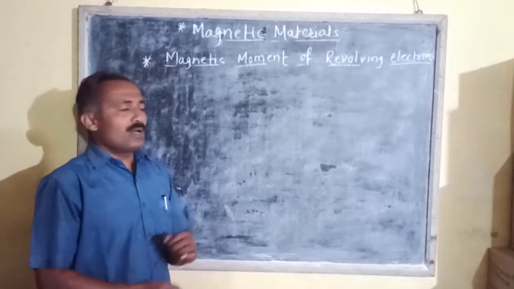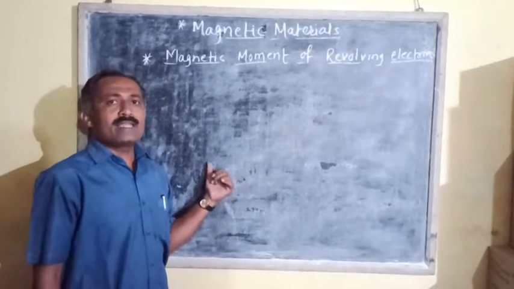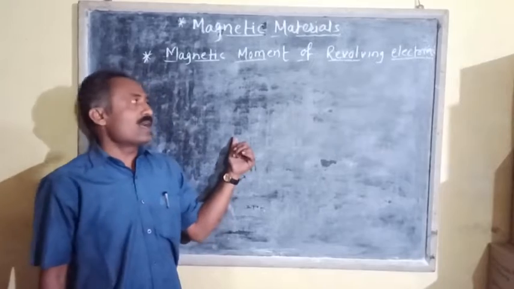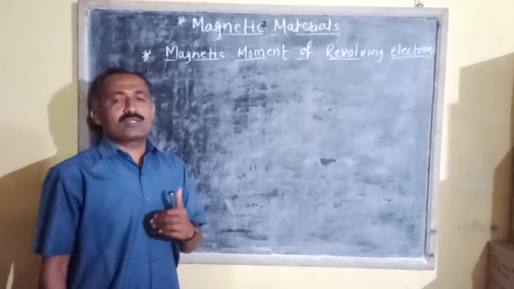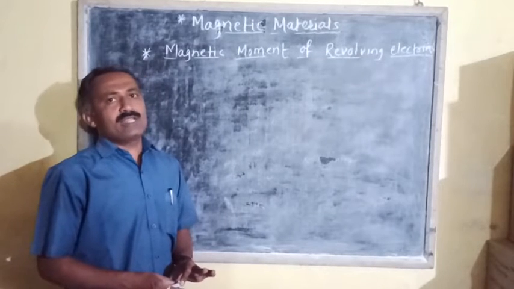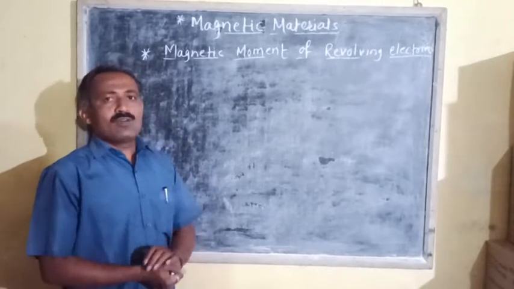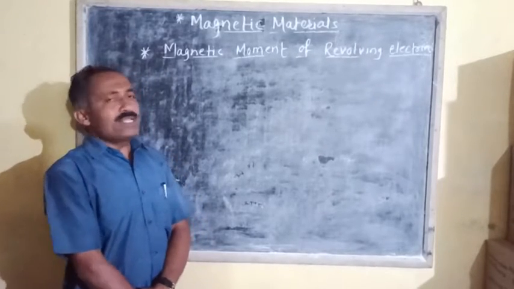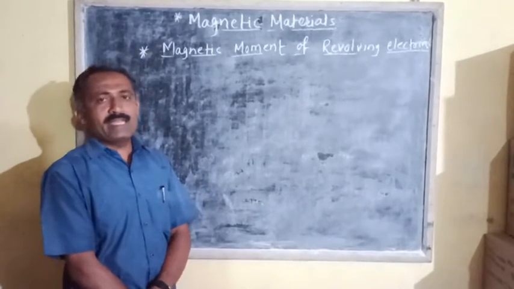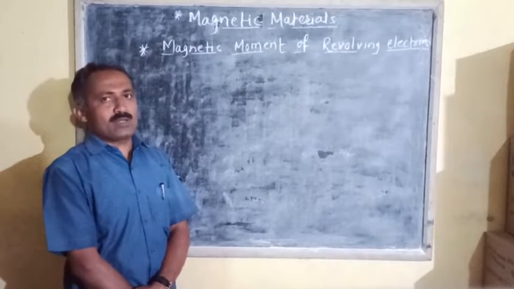are revolving around the nucleus. As the revolving electrons carry a current, according to the magnetic effect of electric current, each revolving electron constitutes an electric current and produces a magnetic field in the surrounding region, and hence a magnetic moment. Therefore we can say that the origin of the magnetic properties in magnetic materials is in the atoms, that is, in the revolving electron.